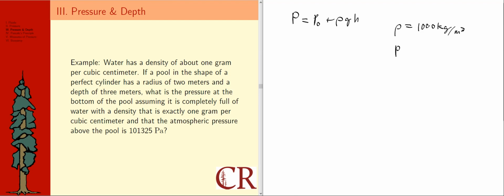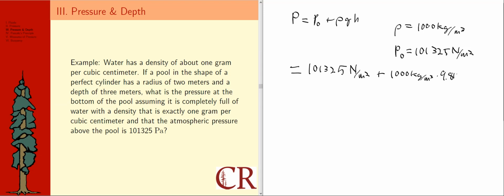P naught is given to me as 101,325 Pascal, but that's a Newton per meter squared, so I'll write that because that might simplify looking at the units. And of course, g is the familiar g that we know how to work with, hopefully. So let's go ahead and put the appropriate numbers in here. So we'll have 101,325 newtons per meter squared plus 1,000 kilograms per meter cubed times 9.81 meters per second squared times,